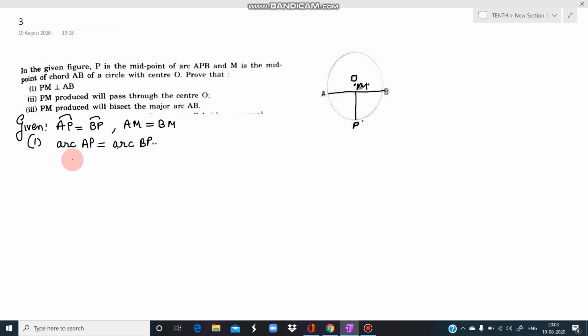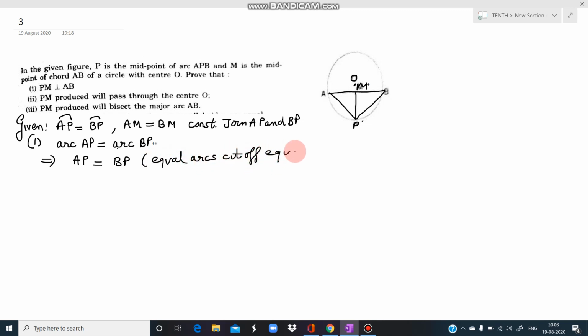So how we are going to prove it? पहले हमें दिया है कि arc AP arc PB के equal है. So it means that the chord AP, it will be equal to the chord BP. तो अगर हम AP और BP को join कर दें, which we can write in construction also, that join AP and BP. So why these chords are equal? Because we know that equal arcs, they cut off equal chords. So if arcs are equal, that means chords are equal.